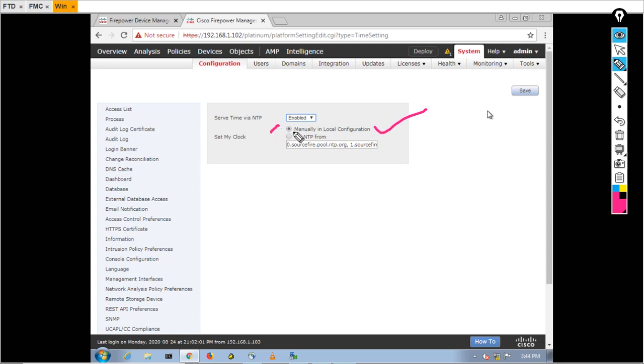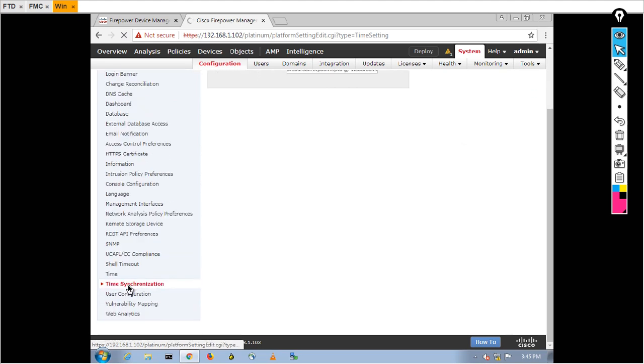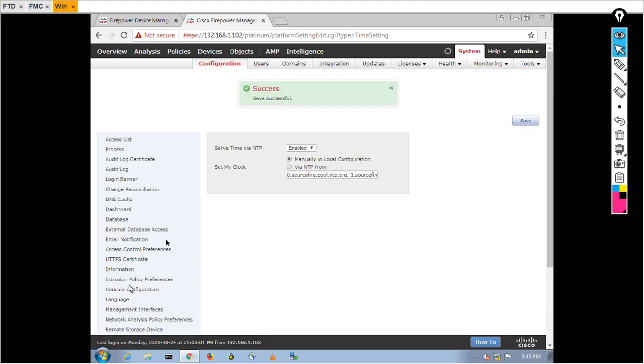So yes, I am going to use my manually, locally configured time, and in this locally configured I assign the Asia Kolkata time zone. Again click save. You can see save successful.